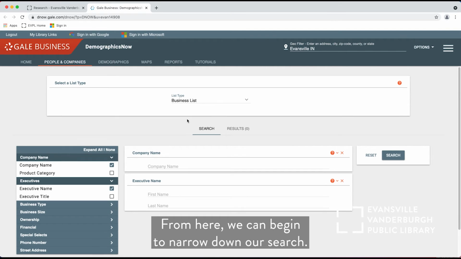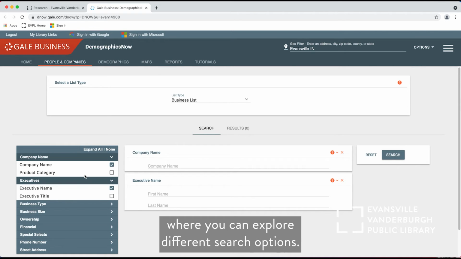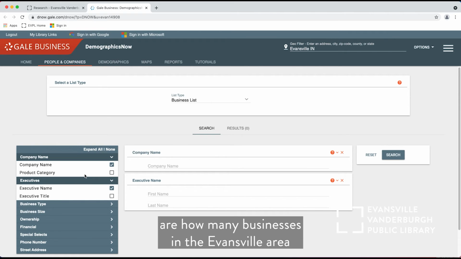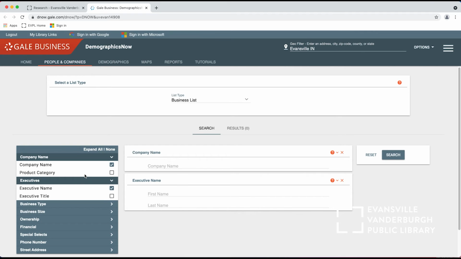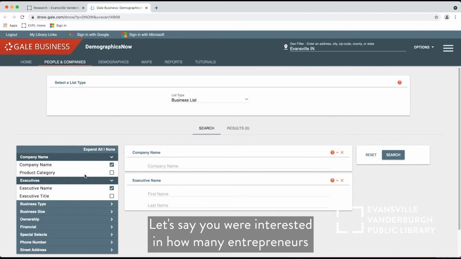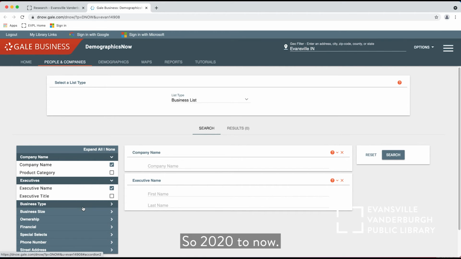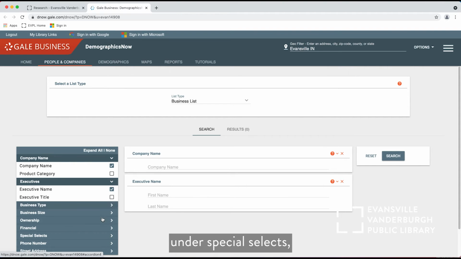From here, we can begin to narrow down our search. The table on the left has many drop-down menus to choose from where you can explore different search options. For new entrepreneurs, things you may want to know are how many businesses in the Evansville area are categorized in the same service group as you. Let's say you were interested in how many entrepreneurs created a new business during the pandemic, so 2020 to now. If we select the Year Established option under Special Selects,